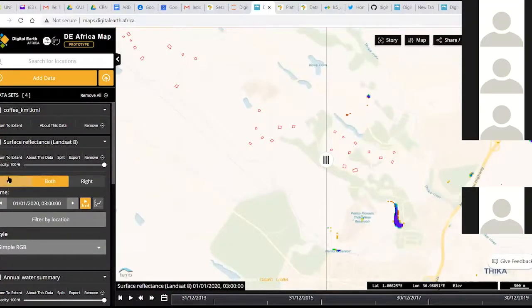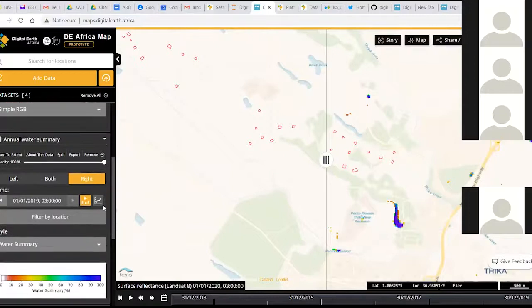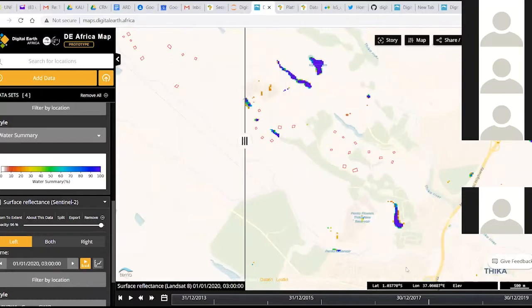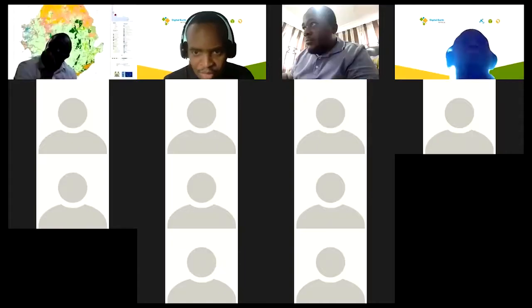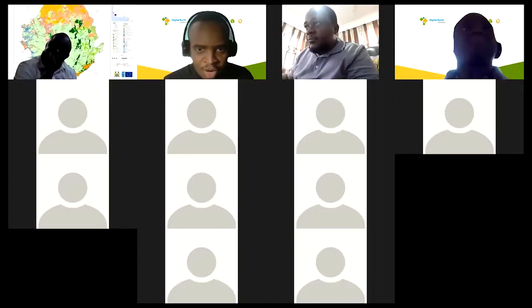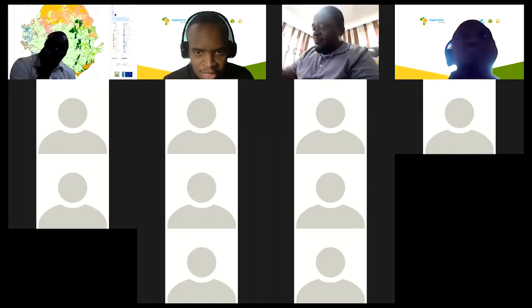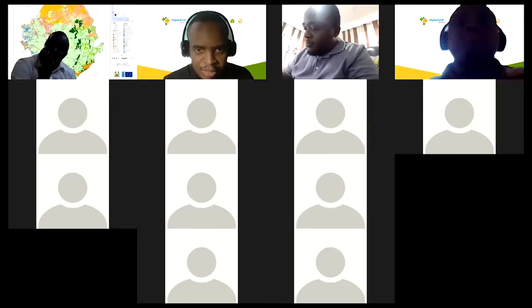So this one, I can put it on the left side. The other one is on the right, then I can disable this one. So this is just giving you an overview of what you have over time. At least now you have an idea of how you can move around with various sources. And also Edward has sent a reminder of a document in the chat.